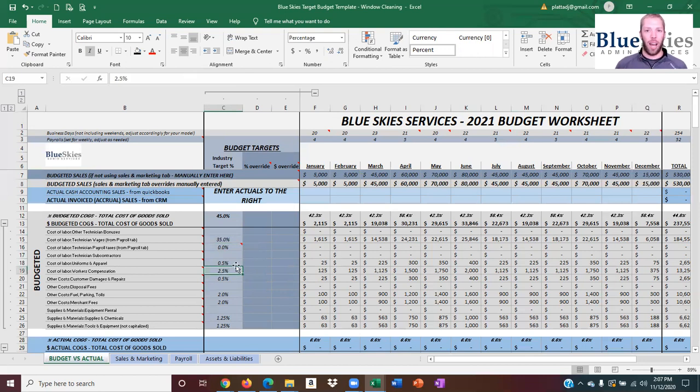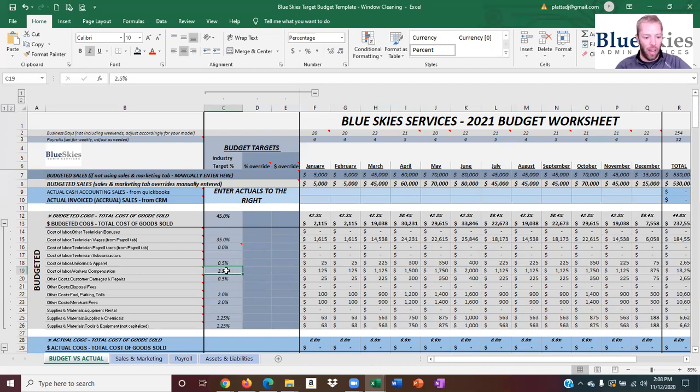I have workers' comp broken out separately because that can be very dependent on if you're in a state pool fund or you're in a monopolistic state or, you know, whatever workers' comp you have, it can swing a little bit different. So I have that one broken out. But in general, we're shooting for 45% in this bucket. Wages and payroll taxes should be about 35% of that. You can see uniforms, apparel. I would even put safety stuff into that. If you're putting stuff on the person out in the field to do their job,